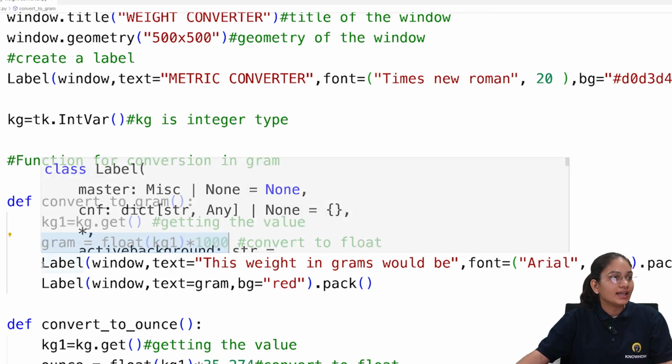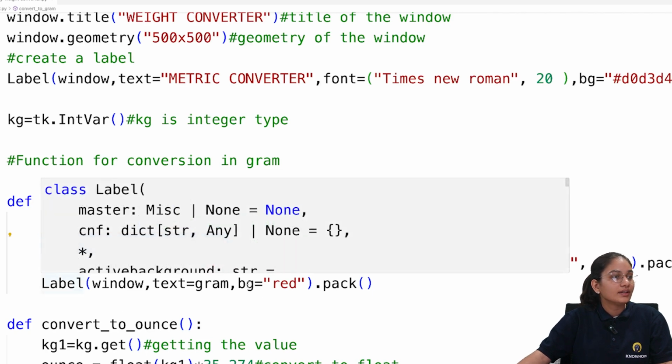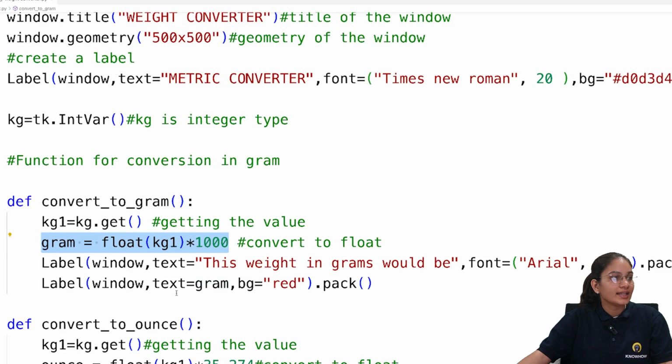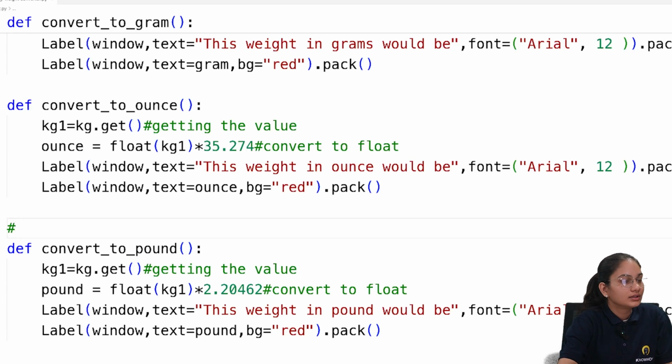And then we are creating a label where in the window we are adding the text "this weight in grams would be", and again the font size and everything which we have seen earlier. So if you want, you can change it over here as well. Now here we are giving the background color, the text, the window, and now moving next is the function for conversion in